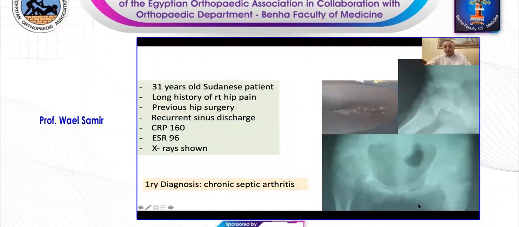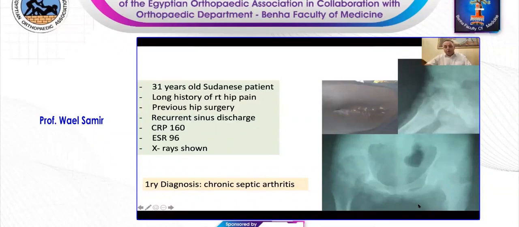But actually, when referred to us, there is no active sinus discharging pus. As you see from the available X-ray, there is a complete destruction of the hip with wandering of the acetabulum, with bone deficiency in the superior part and protrusion of the head inside the pelvis, with complete destruction of the head, mostly due to intra-articular inflammatory process and mostly due to infection because of the history of recurrent draining of pus,